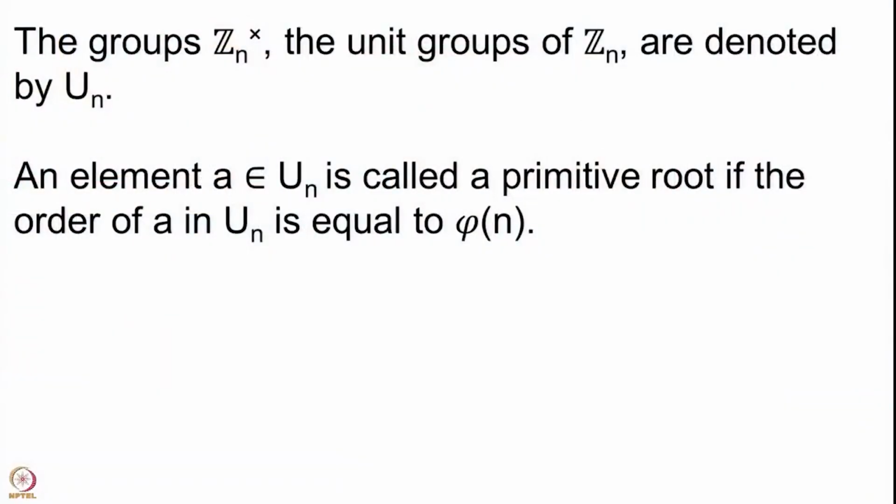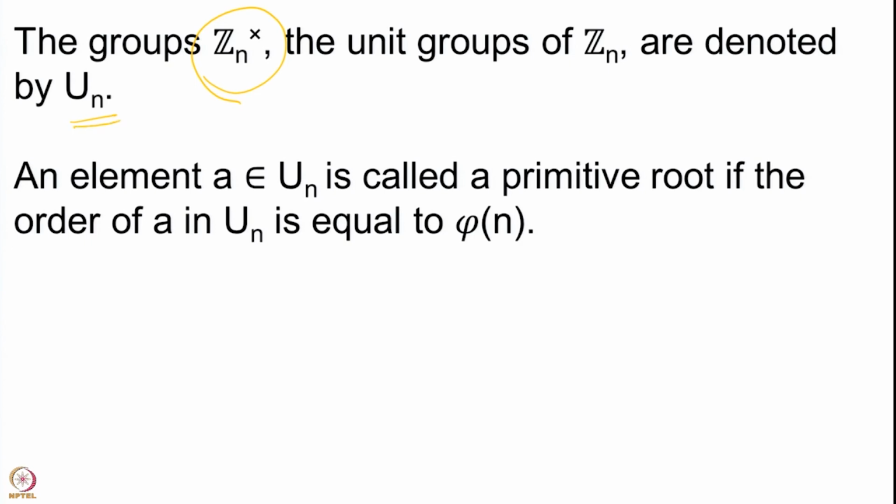Welcome back. In the last lecture we proved that UP has primitive roots. So, what are UN in general? Let us have a very quick recall. These are the groups, UN denotes the groups Zn cross, that we are studying, where n is a natural number, and we want to study when exactly these groups are cyclic.